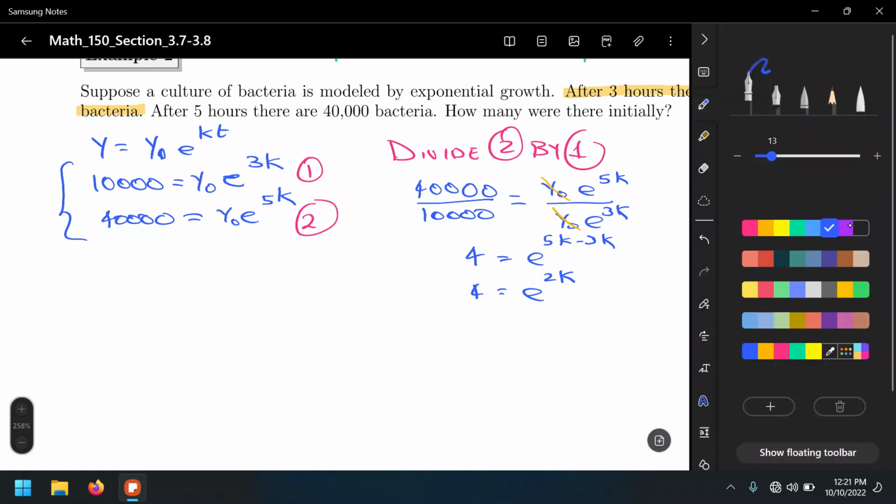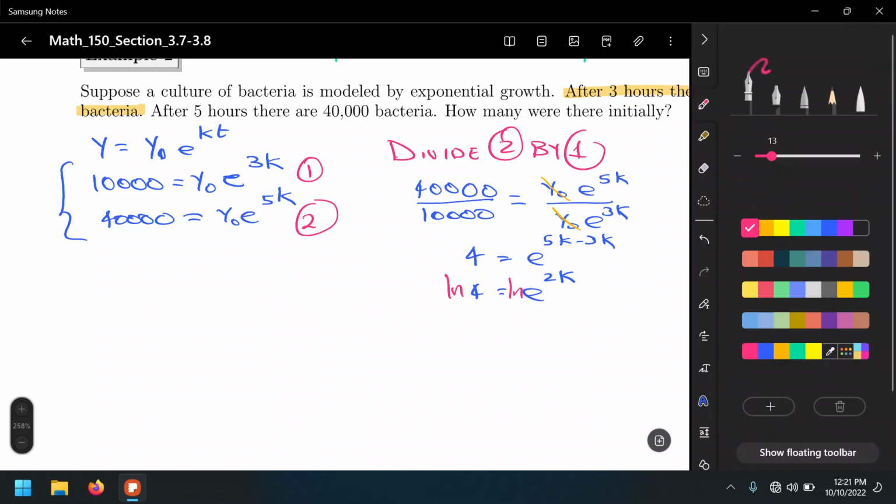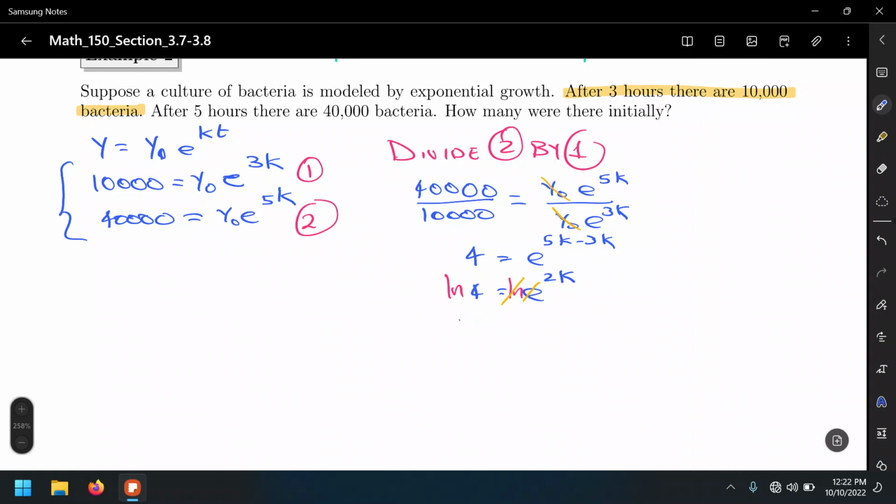Let's do the inverse of an exponential. What's the inverse of an exponential? Let's take ln of both sides. Ln cancels with e, and 2k equals ln of 4, and k equals 1/2 ln